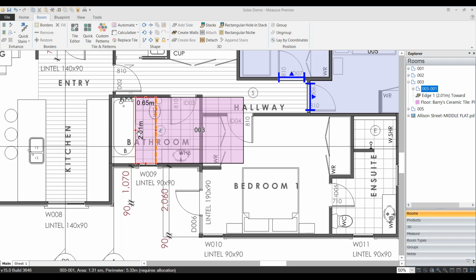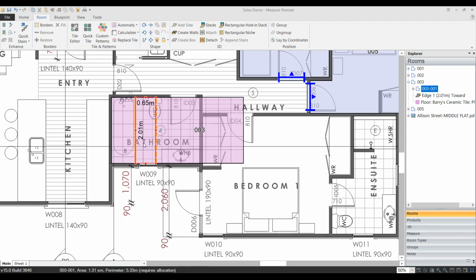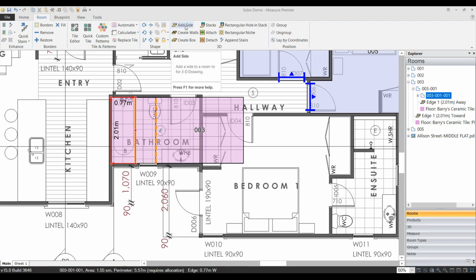we select that panel, that side, and the edge of that side, the top edge in effect, and we're going to add a side, and this time we're going to go the width of that bath, which is 0.77, and we want to fold away this time. So having hit that, we hit OK, and we're going to select each one of these sides around the bath by clicking and holding Control, going back up to add side,